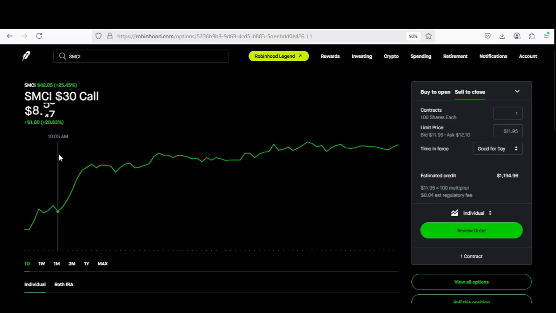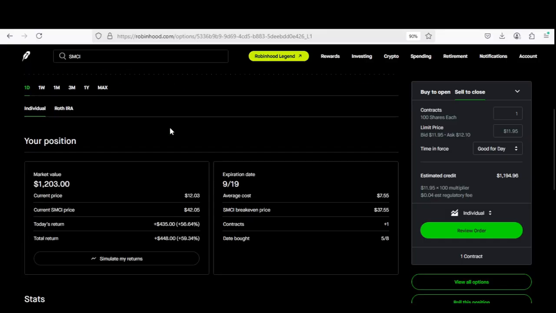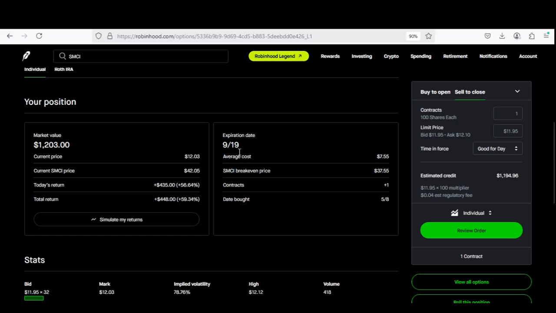Okay, so here we are on another SMCI. This one is actually a long call because of the expiration date. And as you can see here, the expiration date is September 19th. Currently, with this one, I'm up $448, which represents 59%. So this one is pretty close to me considering starting to close it out. So once again,